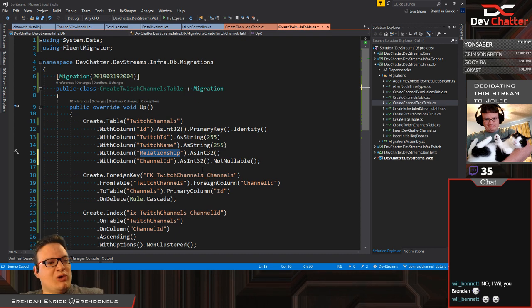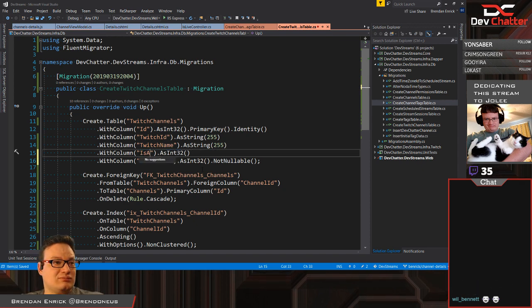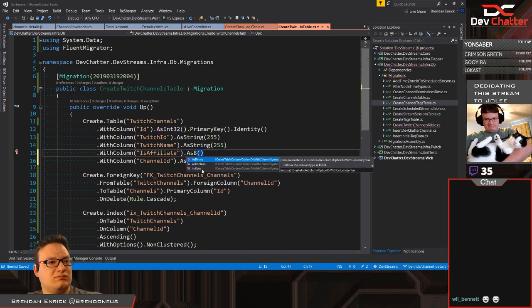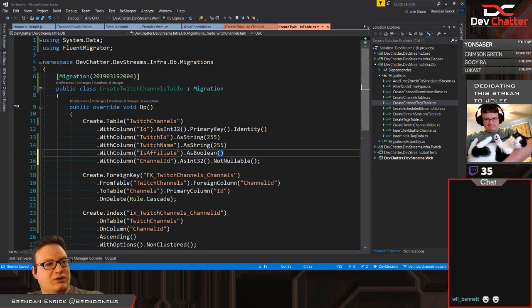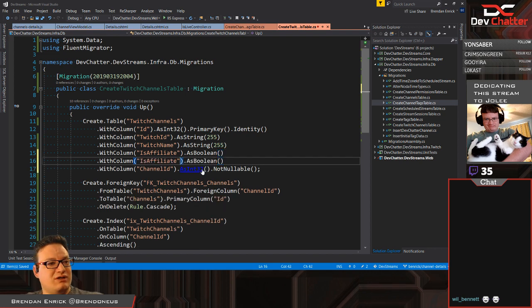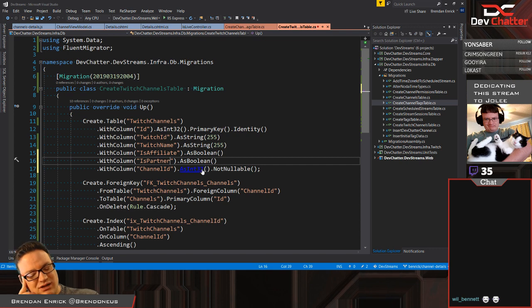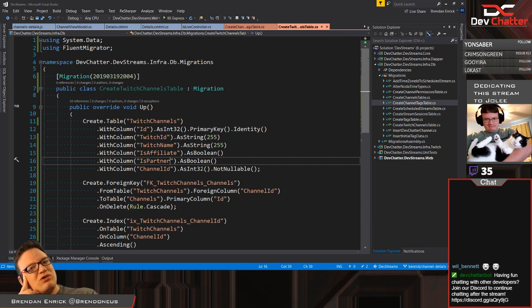Or we could just boolean is affiliate is, and just treat it that way. Instead of having a value on it. Could do it this way as well. Is affiliate, is partner, which is a different way to do the data. I could say if it's either one of those. I don't know. I'm torn on that.